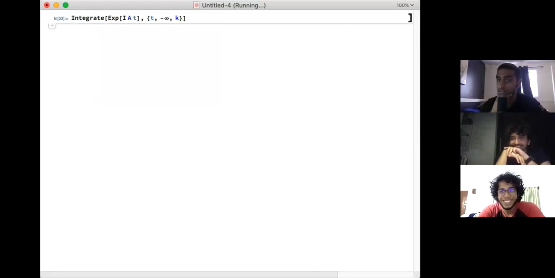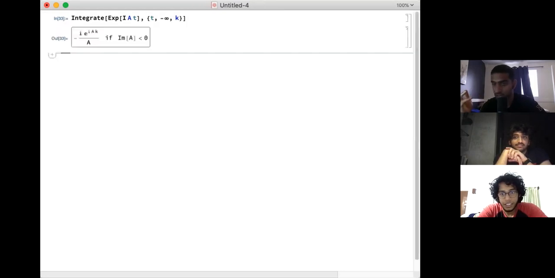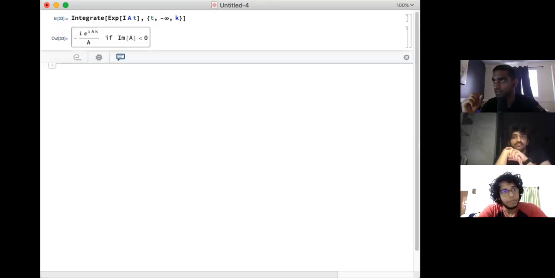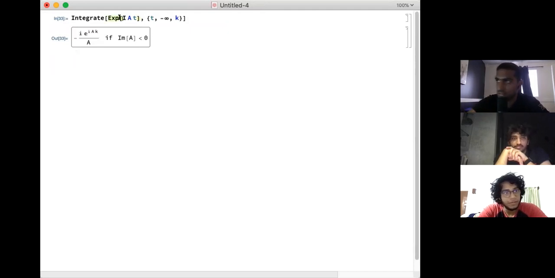Could be that Mathematica is the wrong place to look for it, though, because it struggles with certain things. Right. You know, ideally, I would have put the effort to specify that k is like real positive, something like that. But now it's going to try to do this in the most general case and tell me what the expression is if k has the imaginary part. You see the imaginary part of a is less than 0. Which means that if I did this, right? Okay, so good thing I should stop complaining about Mathematica because it just delivered. But it also means that if I did this,